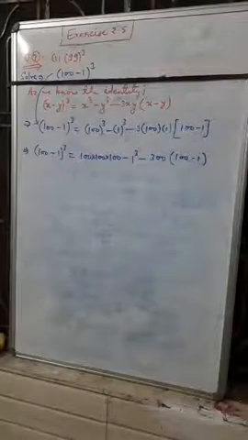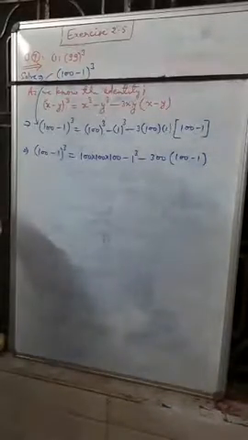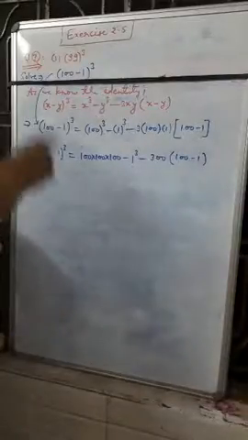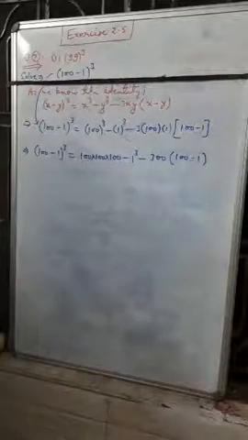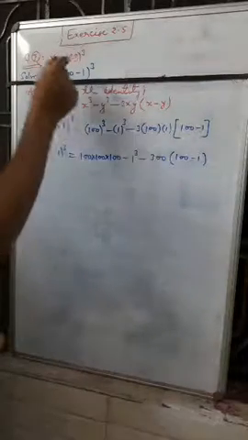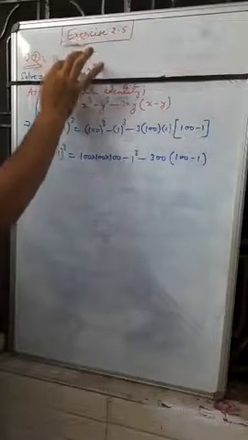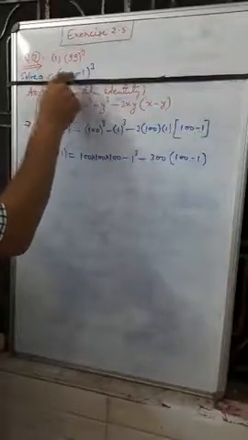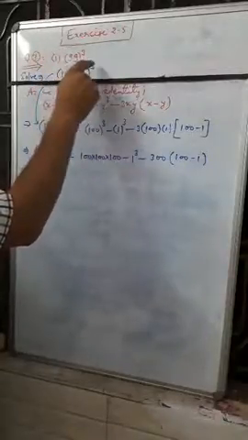So students, we will now solve question number 7. Evaluate the following using a suitable identity. The first part of question number 7 is 99 to the whole cube. We have to use a suitable identity, not directly solve 99 to the power cube. So here we can write 99 as 100 minus 1. So we can write 99 cube is equal to (100 - 1) whole cube.